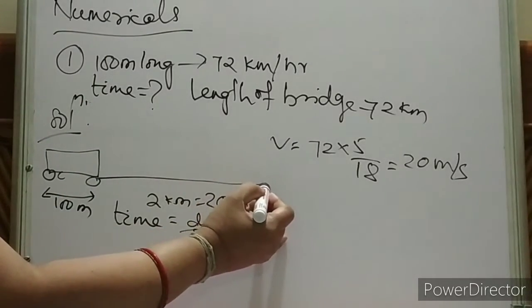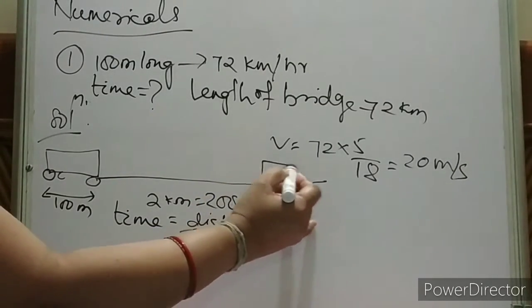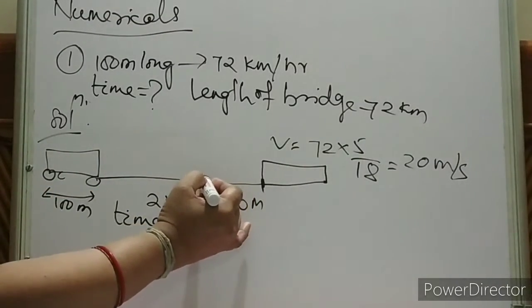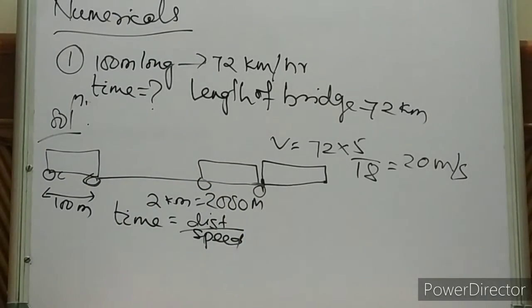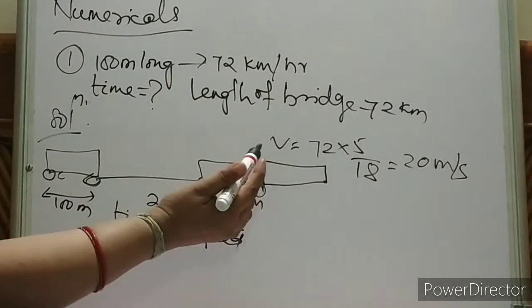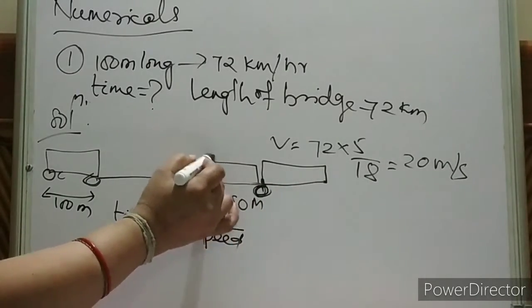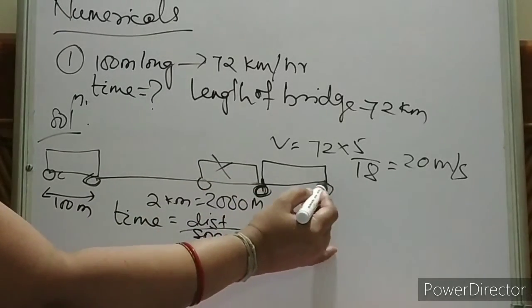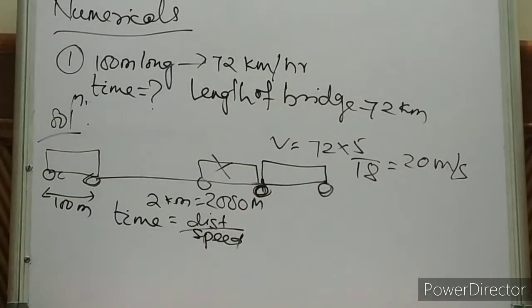That means, so this is your bridge end. So the train has to be here. It is not the first one. If the train is over here, the first wheel will be here and the last will be here. But we want the train to cross the bridge. That means the last wheel should also cross the bridge. So this is not the condition. This is the condition now. Okay. So enter the bridge. Now the train has crossed.